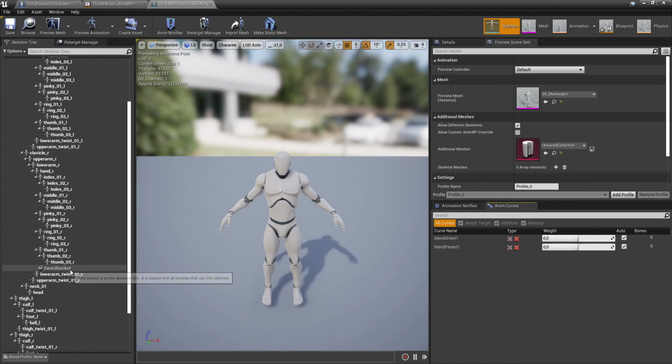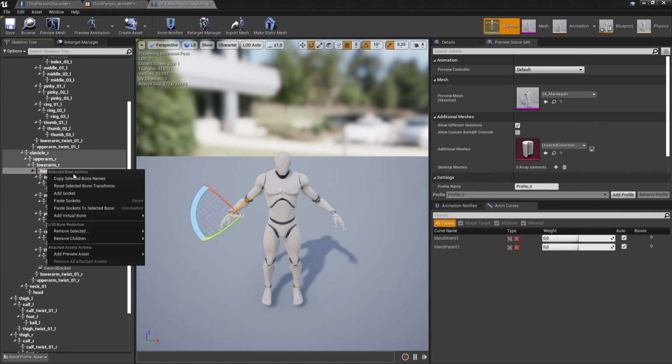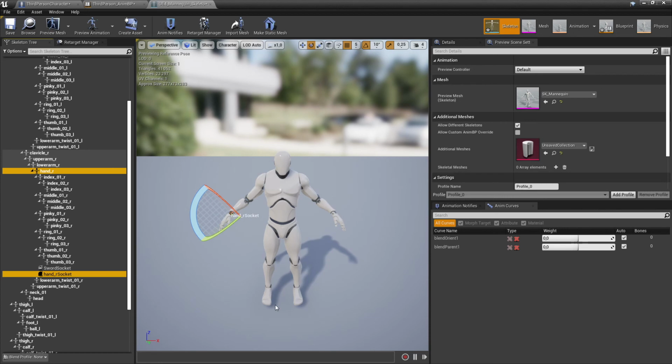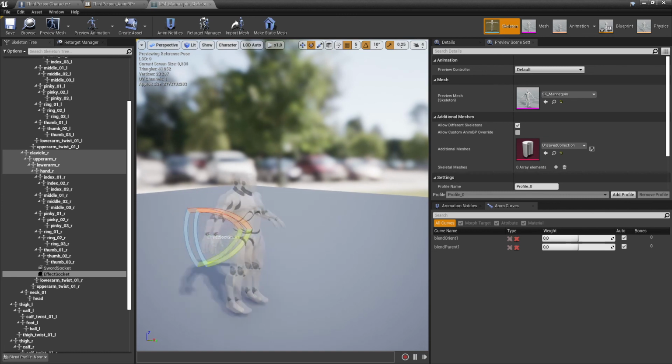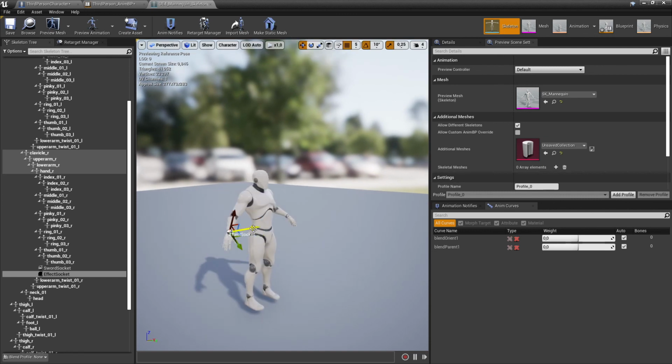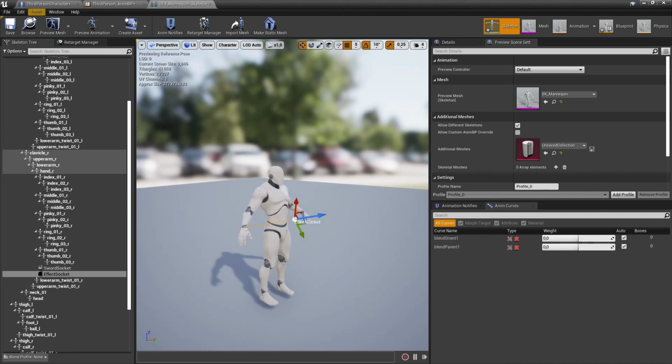and to the end, let's create another socket and call it effect socket. Perfect. Hit save, and what you can do is the socket you can put a bit higher, so it's gonna be on the blade,